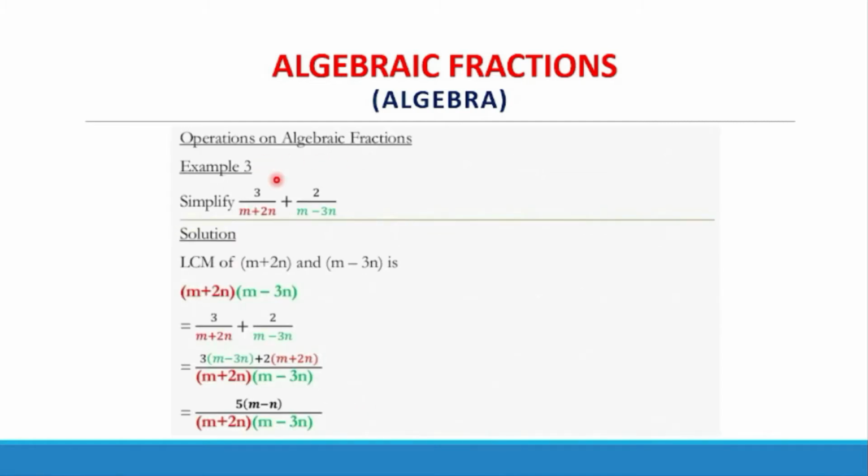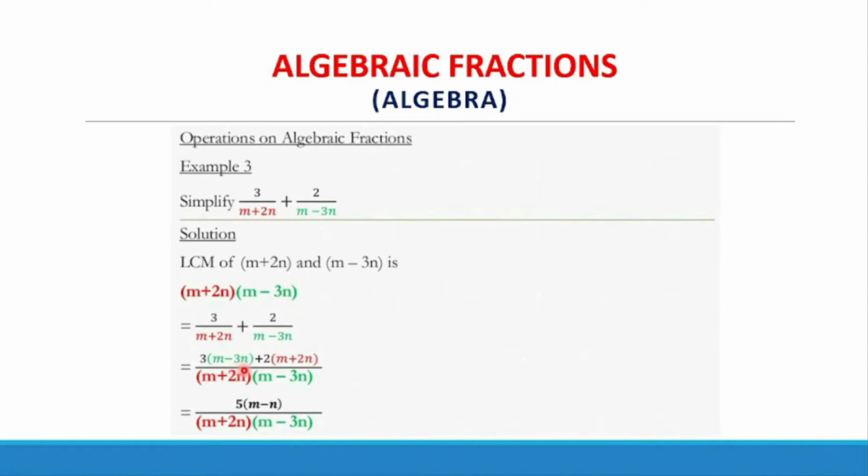Operations on algebraic fractions. Example: simplify 3 all over m plus 2n plus 2 all over m minus 3n. For the solution, let's find the lowest common multiple of m plus 2n, which is the first denominator, and the second denominator, m minus 3n. The LCM is m plus 2n times m minus 3n. The LCM divided by the first denominator leaves m minus 3n, which you multiply by the numerator,